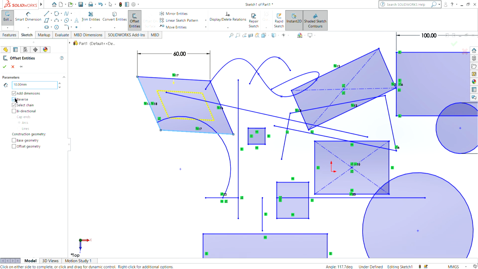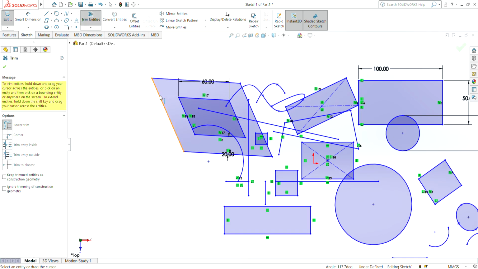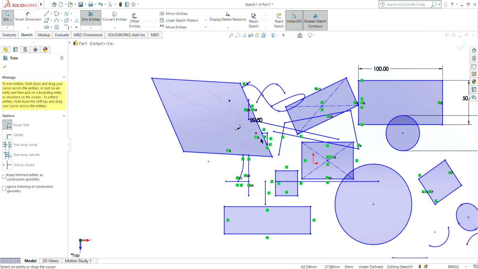If we uncheck it, it comes outside. If we check it, it comes inside. And if we want to change the dimension, we can write 20, and the new parallelogram is made. Now we can trim if we don't want the parallelogram which was inside. So this is trim entities, offset entities, and other stuff.